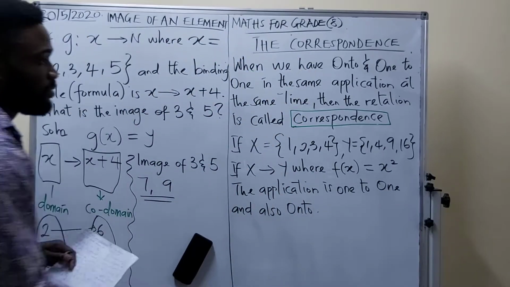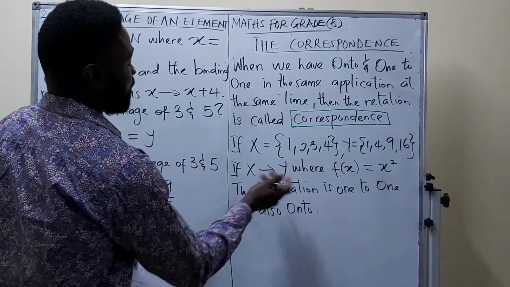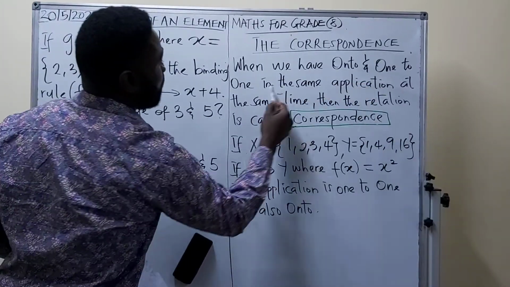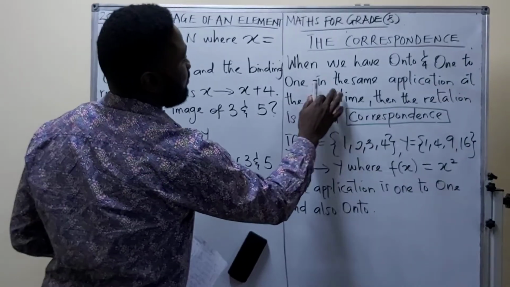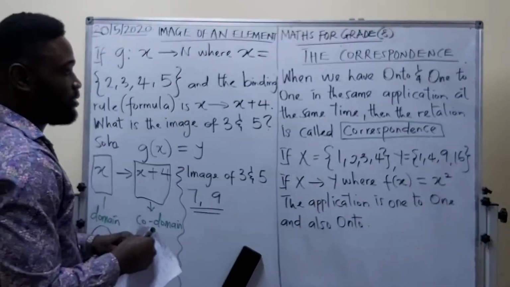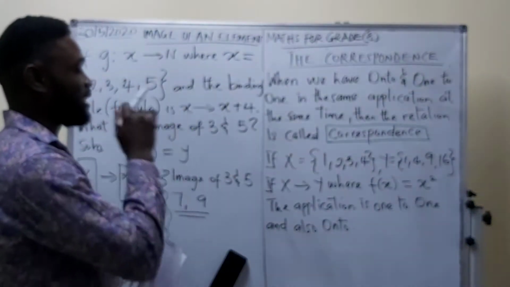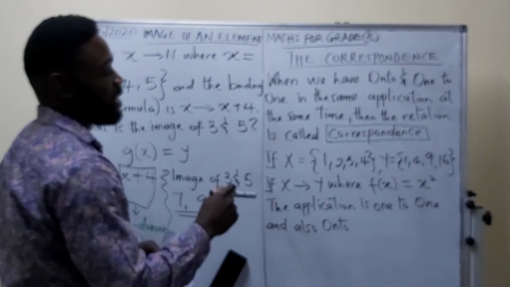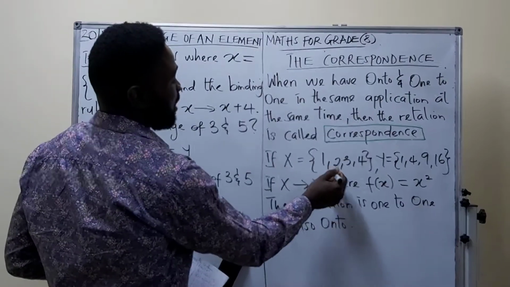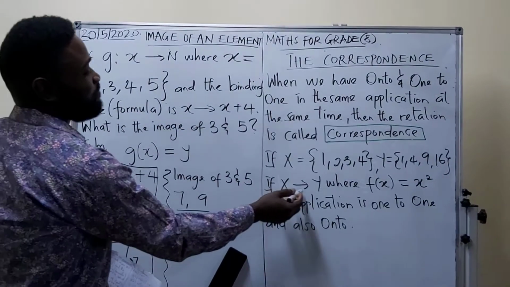Now, we need to prove if this is an example of correspondence function or application. Now, let's go back to the beginning. It says, when we have onto and 1-to-1 in the same application at the same time, then the relation is called correspondence. Don't forget, always bear this in mind: when we have 1-to-1 and onto in the same application, that is when we have correspondence. If x equals 1, 2, 3, and 4, and y equals 1, 4, 9, and 16, if x binds with y,